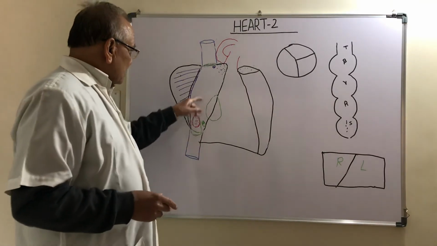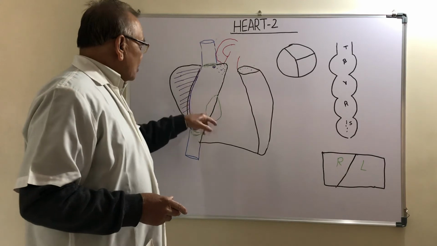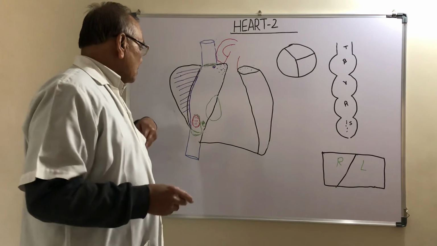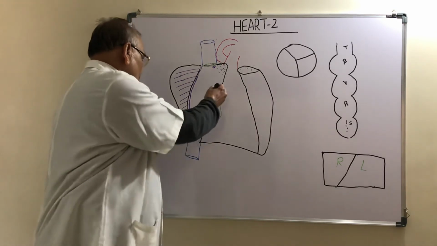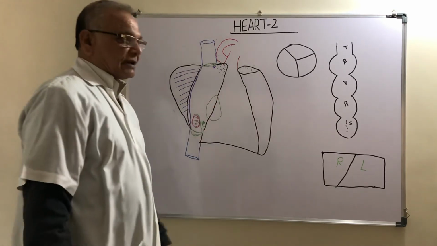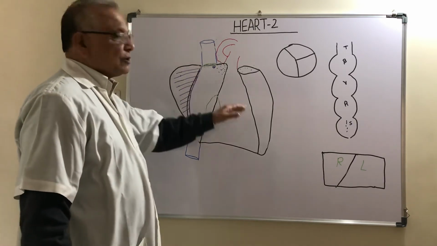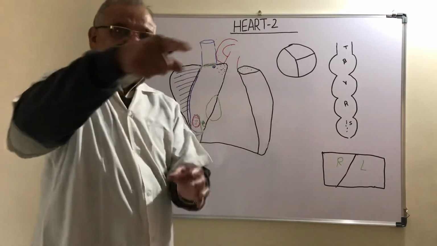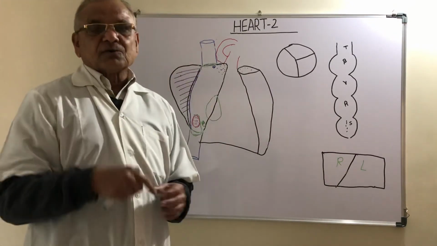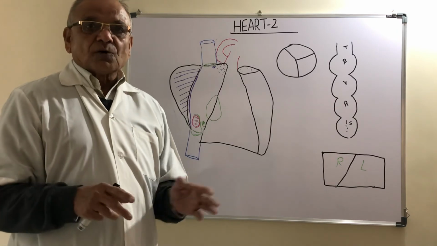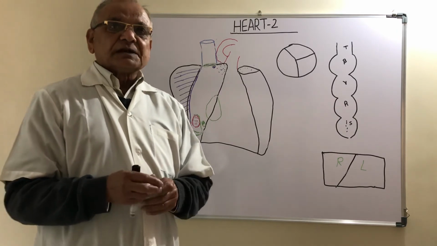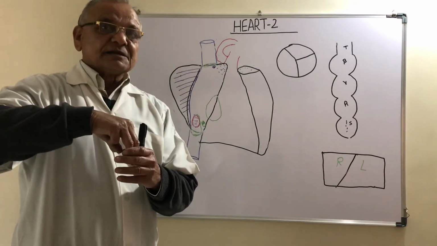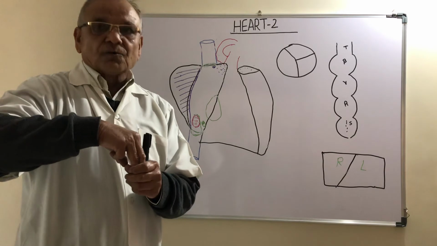Now, below and in front of the posterior part, this is the right atrioventricular opening. Through the right atrioventricular opening, the right atrium communicates with the right ventricle. This opening is surrounded by a fibrous ring and is capable of receiving the tip of 3 fingers. We can pass the tip of 3 fingers through this opening. This is the large size of the opening.